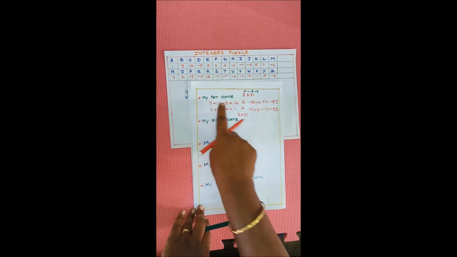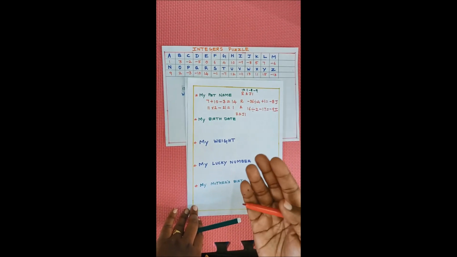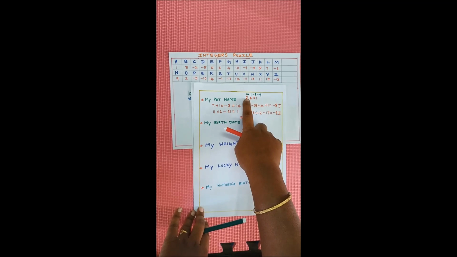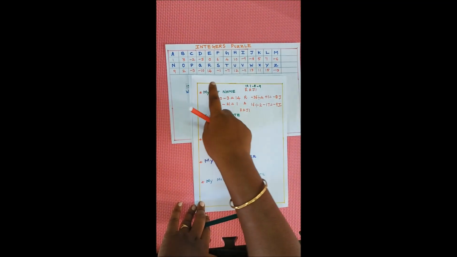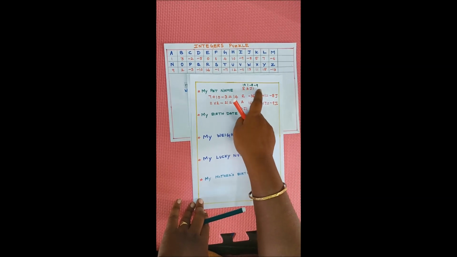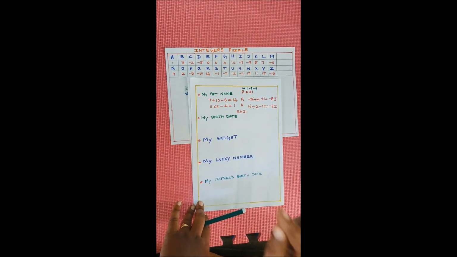So the first question, you will be having the same, your pet name. Choose any 4-letter words or 3-letter words. What's your pet name? You know the answer here for your name. Using this alphabet table, take the appropriate answers. For those answers, you have to create the expression. By seeing this, it will be very easy.